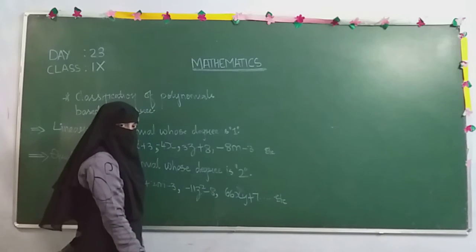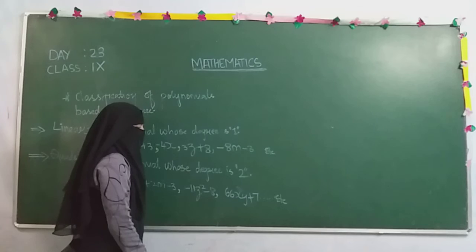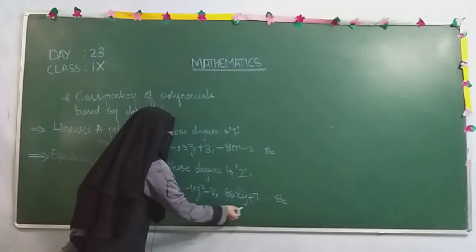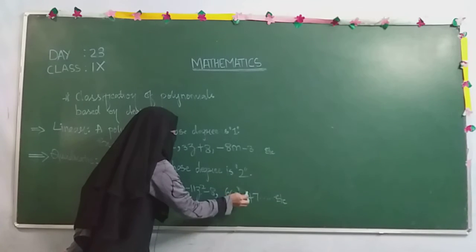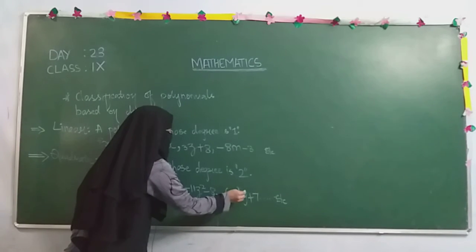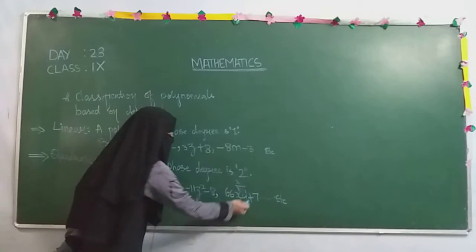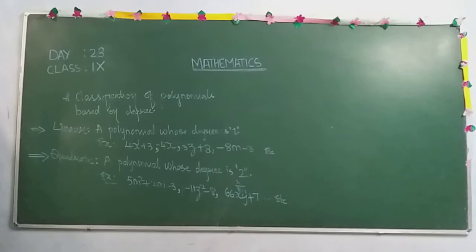66xy. Just now I have explained how to check the powers of such type of numbers which have 2 variables at a time. So here both variables are there, x and y in this term. The power of this is 1, here the power of this is 1. When you add this 1 plus 1, you will get 2 as the power. Then as power is 2, it is called quadratic polynomial. Hopefully you have understood this one. Let's move towards the next polynomial.